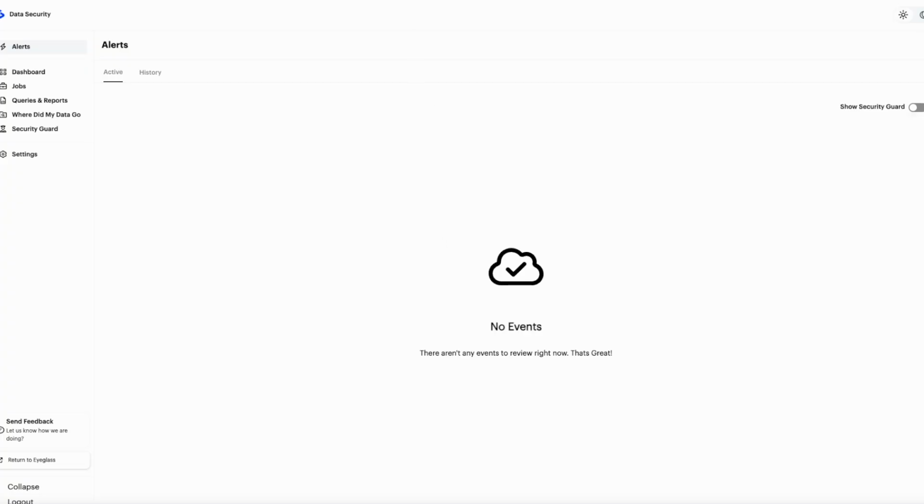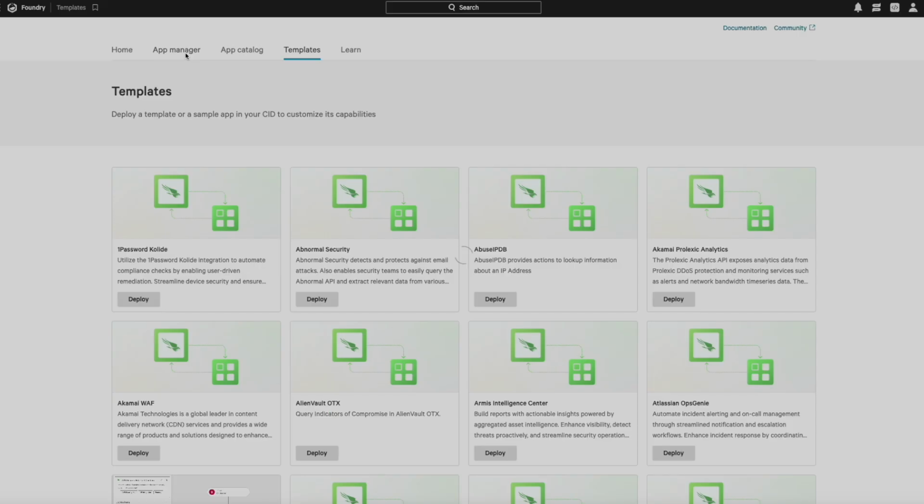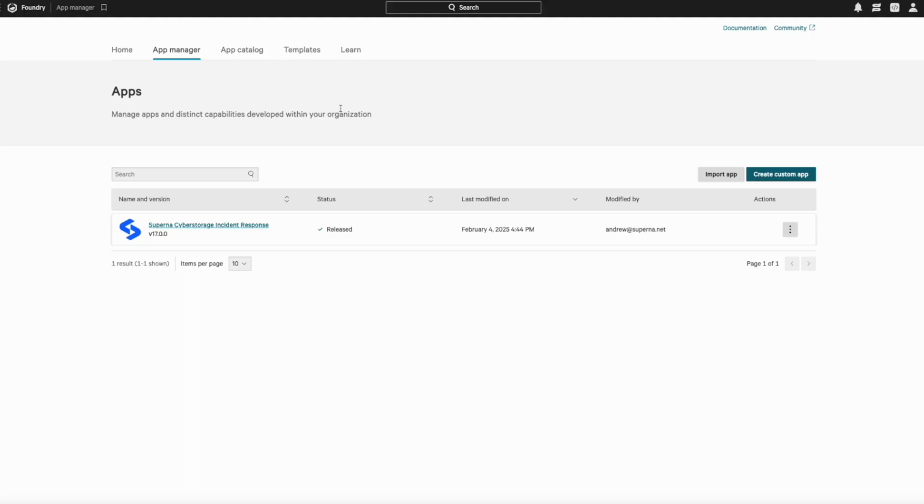So we'll go over to CrowdStrike, and we see here, I've already got it installed. The Superna Cyberstorage Incident Response application is installed. This would normally be deployed from the templates once it's published. It's not quite there yet, but we'll walk through how this works. So once this is deployed, this creates all the APIs and the workflows automatically in your account. So we'll walk through